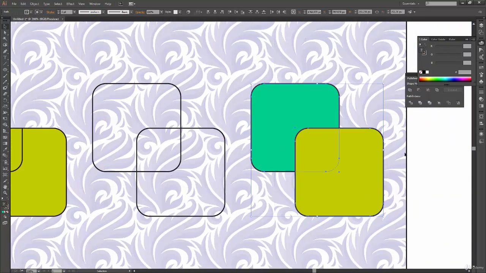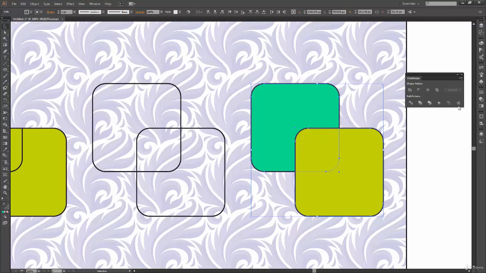Now let's see our last operation in Pathfinder, and that is minus back. Now it should be exactly opposite to minus front, because the name itself says this is minus back. So in minus front, the front object got removed, and it even removed the part which was colliding with that front object. But here what should actually happen? I think the backmost object or the rear object should be removed, and it should remove the part which is colliding with the back object also. So will it happen like this?